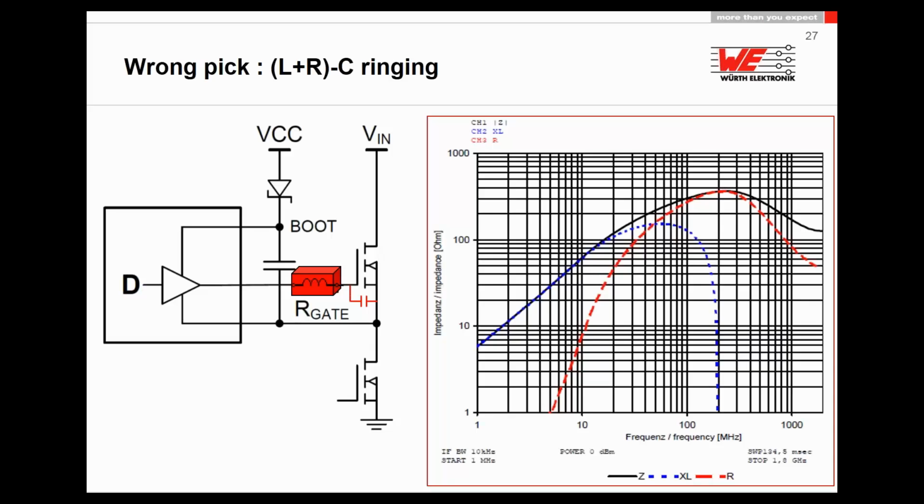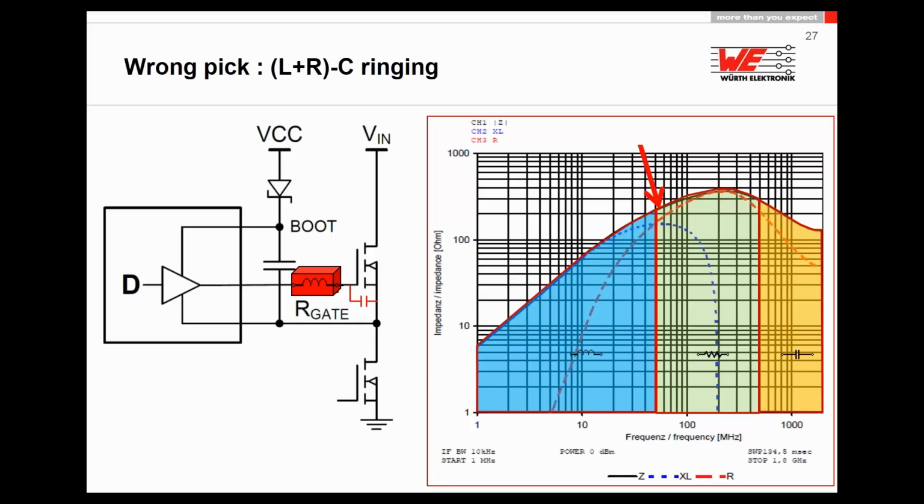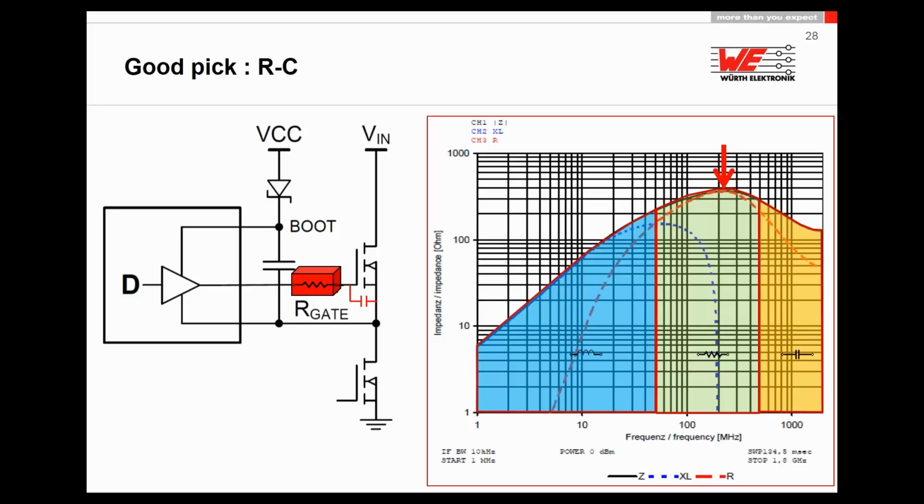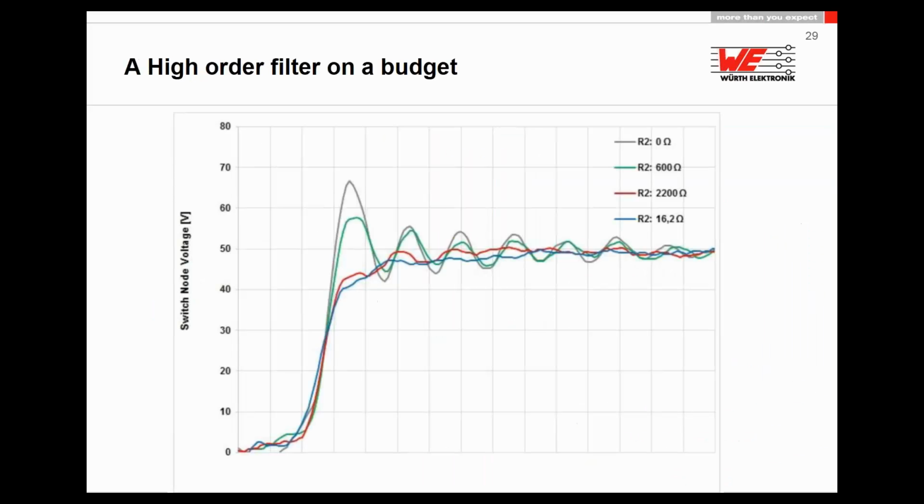If you put a ferrite bead here, you should choose one that is not in the area where the ferrite bead is acting like XL, not in the inductive area. You should use the ferrite bead which is acting in the R area, the resistive area, because this is much better, and you will see in the next slides why that is so important. We did make some measurements on this